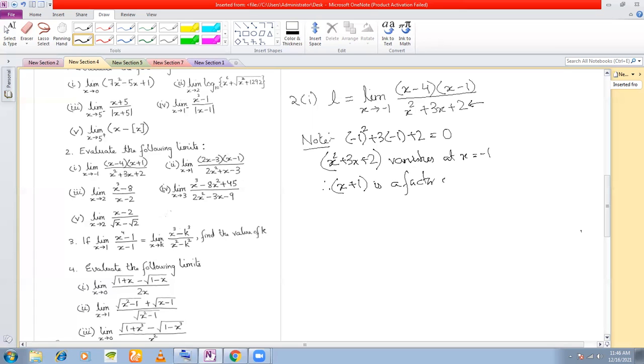must be a factor of this polynomial, right? Must be a factor of this polynomial. So if I substitute x is equal to minus 1 here, I'm getting the denominator equal to 0, right? So therefore denominator equal to 0 is an indeterminate form. So therefore we have to make certain changes in the algebraic expression to bring it to a determinate form. And what I see is that because this is equal to 0, x plus 1 is a factor of this polynomial. That means this quadratic can be factorized. So therefore we try to factorize the denominator.